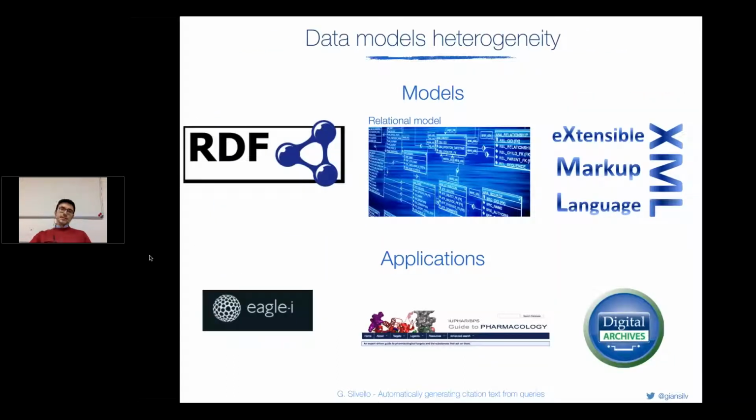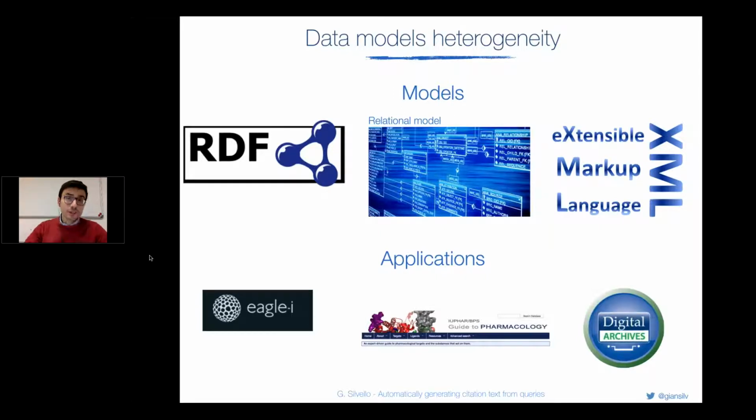And the first thing we focused on is that we have many models out there. If we think about scientific data shared with us, they are accessible via RDF, via relational databases. There are a lot, of course, of relational databases sharing data, and XML data. So each single model has different ways of accessing and querying data, and so we need to instantiate our systems differently if we are talking about a graph database, a relational database, or XML.